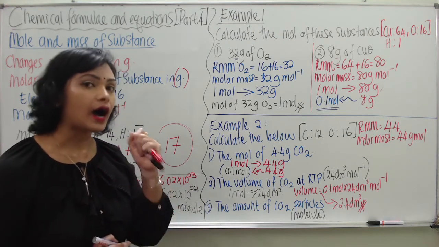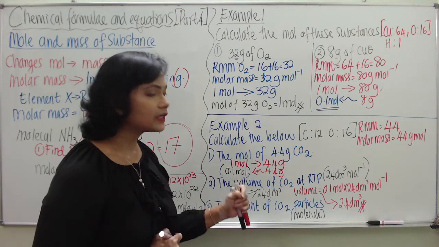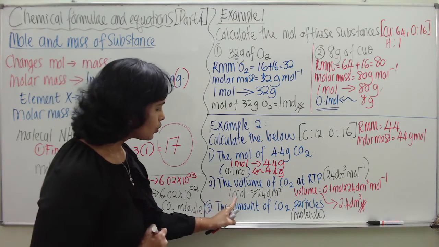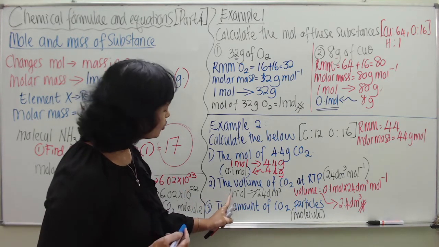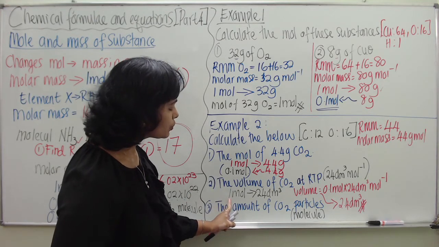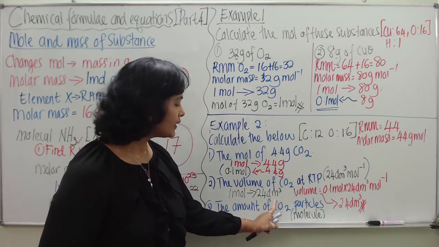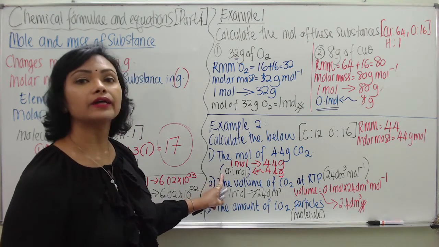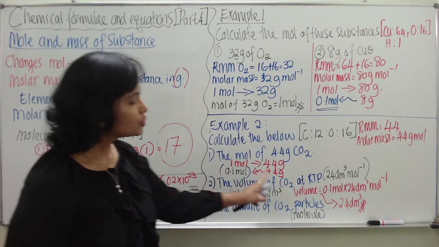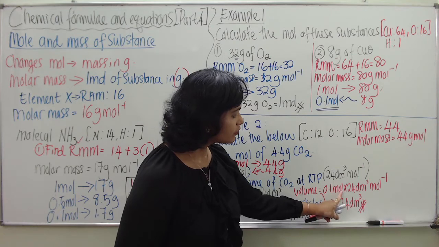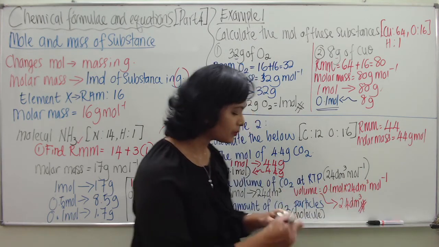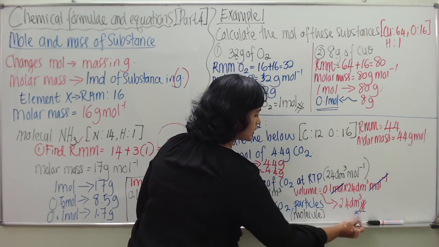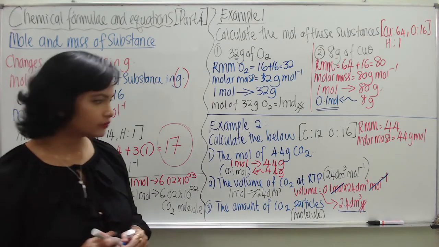Now, thanks to the information about the mole, students can find the volume of carbon dioxide at RTP. Please remember from our previous video, RTP is 24 dm cube per mole. Since you have per mole, this shows that in order for you to get 1 mole, you must occupy 24 dm cube volume. But unfortunately, this question only has 0.1 mole. So you just multiply it: 0.1 mole times 24 dm cube per mole, where you can see the mole gets cut off. So what is left is the volume.